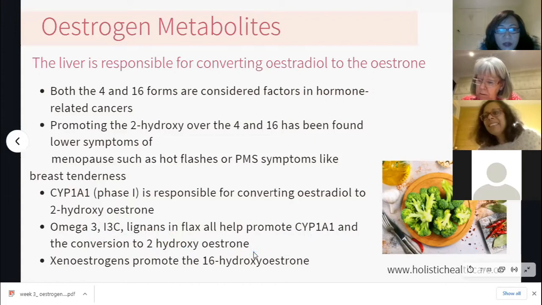So that's something you can incorporate straight away into your diet, is to make sure that every meal you eat, you've got a bit of broccoli or some kind of crucifer. Make sure you take your omega-3 as a supplement, and get 2 to 3 portions of oily fish a week. And then you've also got flaxseed, ground up flaxseed.